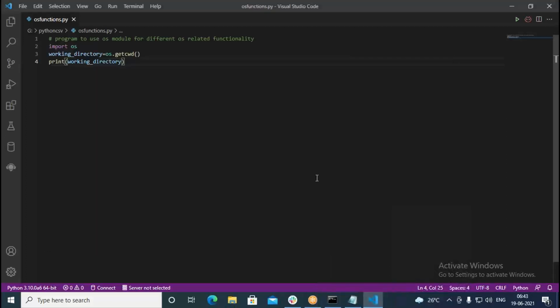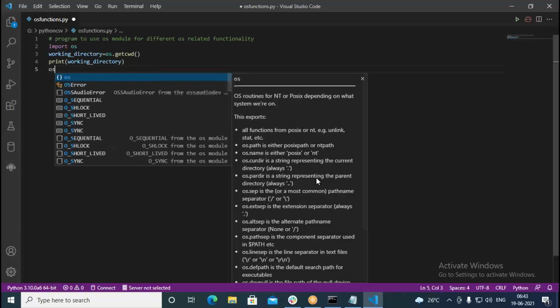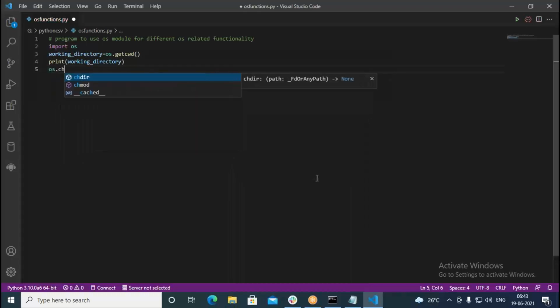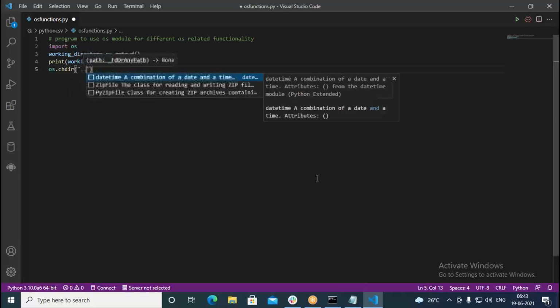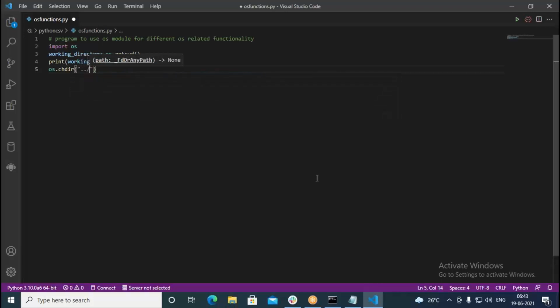So next, I would like to come back to the previous folder. So then I write here os.chdir followed by, here I put // or else I just put here ... Then again I want to go with the working directory.